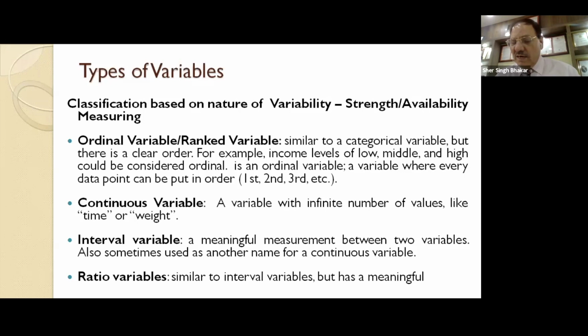The result of an interval and ratio scale is metric data. The data is called metric, or has a metric nature, and ordinal and nominal scales result in non-metric data. Therefore, if the scale is nominal or ordinal, then we will use non-parametric tools. And if the scale you're using for measuring the responses is interval or ratio, we'll be using parametric tests. So that is the base for parametric or non-parametric: what scale are you using, or what kind of data do you have, metric or non-metric?